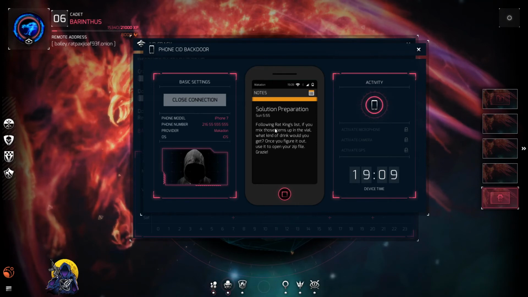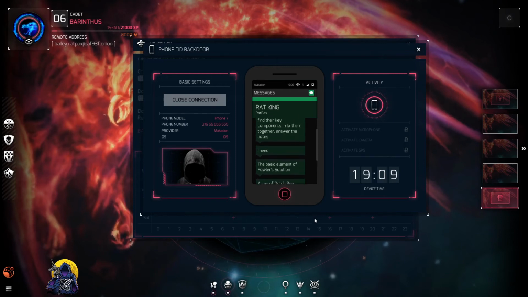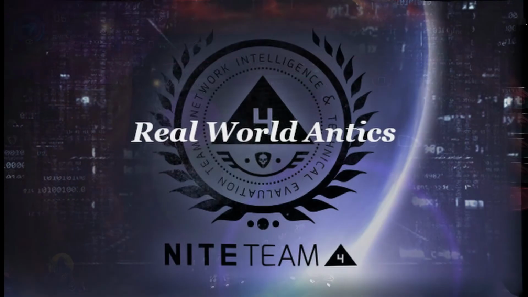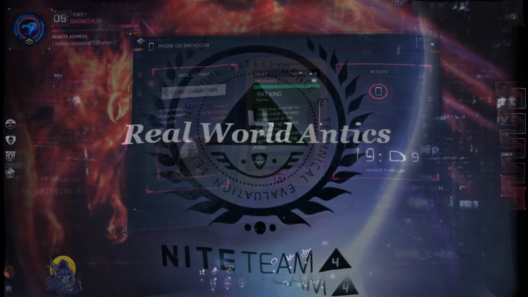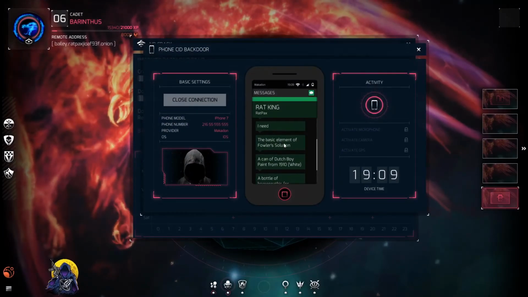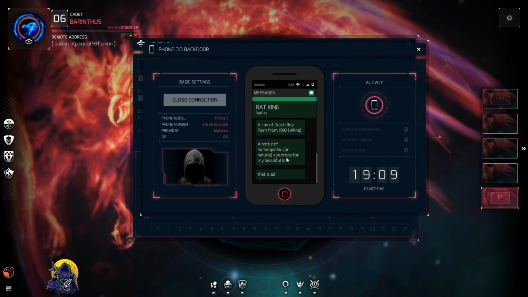So solution preparation, follow the Rat King's list. If you mix those items up in the vial, what kind of drink would you get? Once you figured it out, use it to open the zip file. So you need to go onto Google again. So you need the basic element of Fowler's solution, a can of Dutch Boy paint from 1910, white. The actual image gives you the element you need, and then a bottle of homeopathic or natural eye drops from